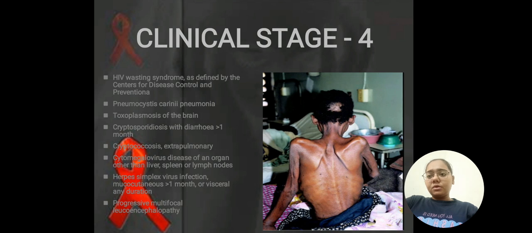Clinical stage 4 is defined by the Centers for Disease Control and Prevention. Pneumocystosis, toxoplasmosis, chronic diarrhea for more than 1 month, and on this scale the patient is bedridden for more than 1 month, or more than 50% of the day,